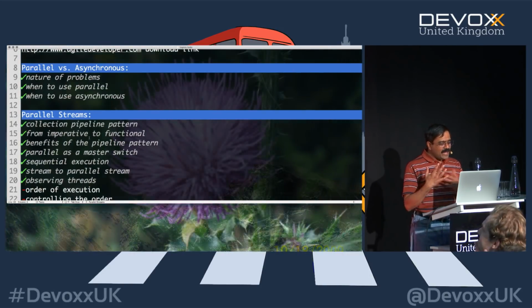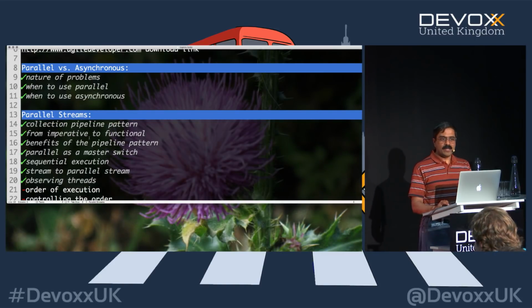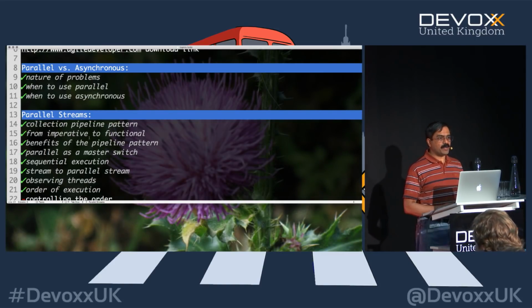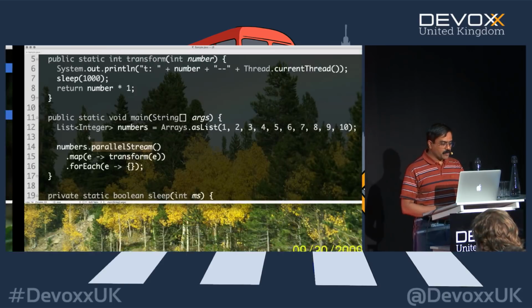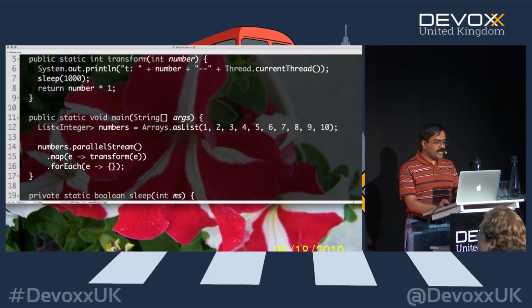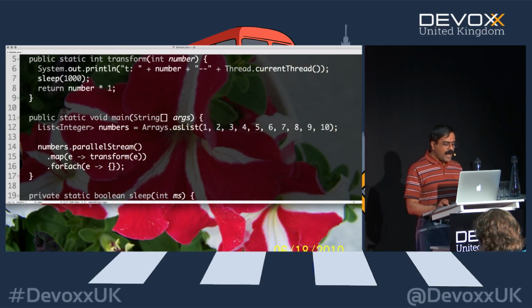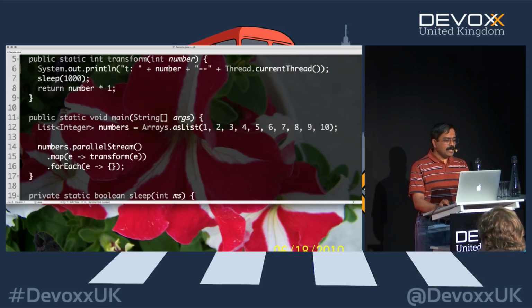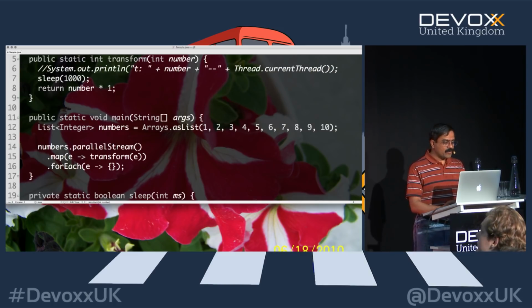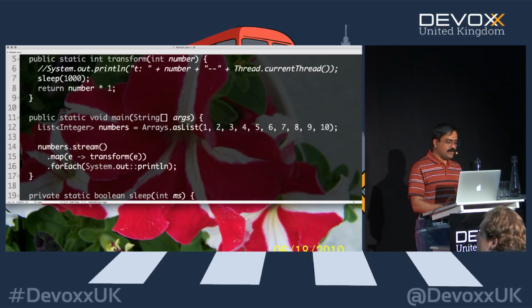All right, so we kind of know about observing the thread, but what about the order of execution of the code as it runs through it? This is something also we need to be careful about. So going back to this code real quick, let's go ahead and remove this printout for a second. Let's go ahead and perform the transform like we did. But in here, let's say System.out, and we will say a println to print it. Now, in this example, let's run this sequentially, first of all.